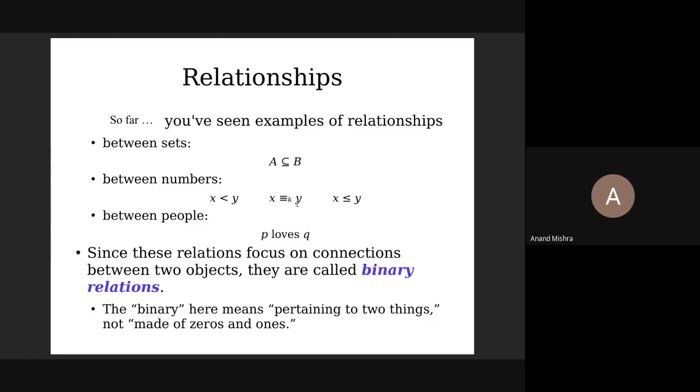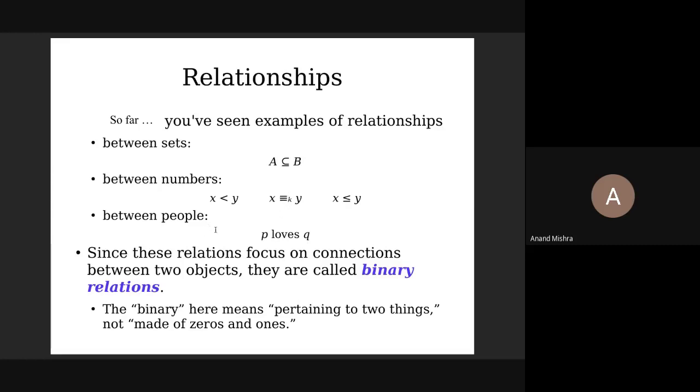You write it with three lines and then K. So it denotes that X minus Y is divisible by K. An example could be, let's say, 10 is congruent to 8 modulo 2. So 10 minus 8 is divisible by 2, so 10 is congruent to 8 modulo 2. This is called the congruence relationship.